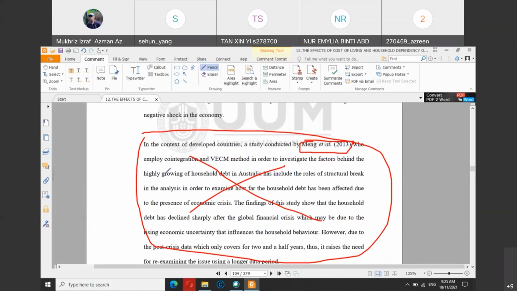Sometimes the person says, for example, if I say that today is very cloudy, awan mendung, meaning that the sky is very dark, but I don't mean that now it's raining. So someone might say, according to Mukris 2021, today is raining, Thursday the 18th of November is raining. So I did not say that, I just said that the sky is very dark, meaning that it might rain, but it has not rained yet.